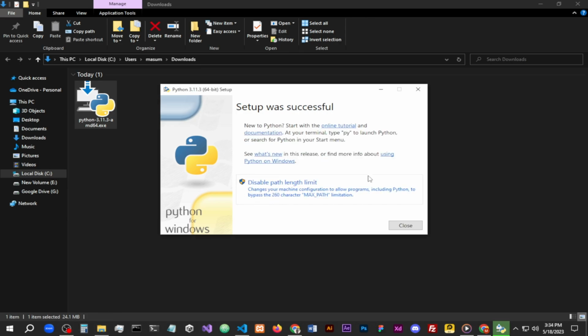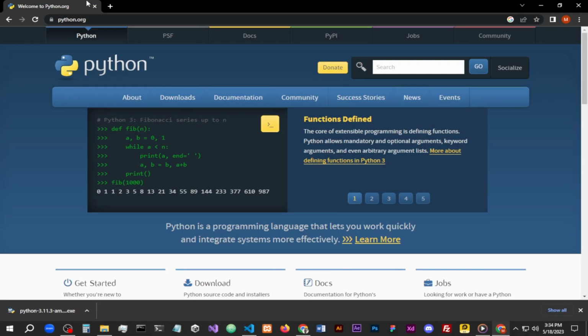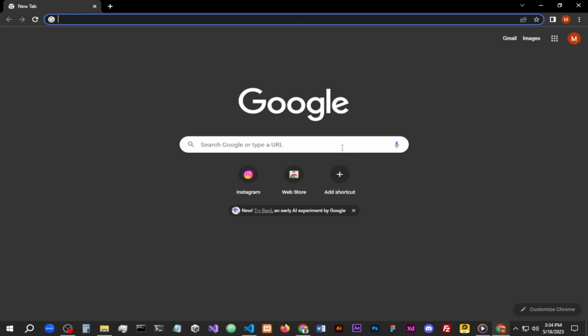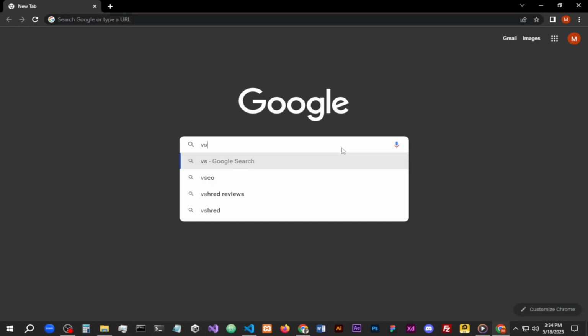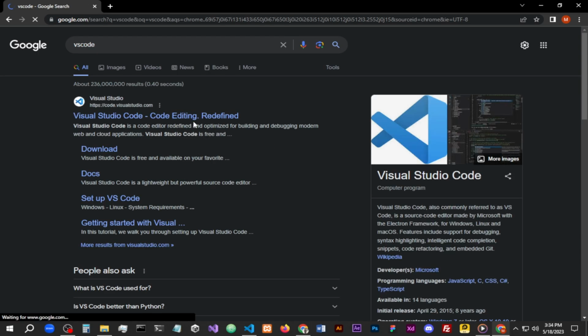Now, let's set up a code editor or an integrated development environment, IDE, to write and run Python code. There are several options available, but for beginners, I recommend using a simple text editor like Visual Studio Code, Sublime Text, or Atom. Let's go ahead and download Visual Studio Code, which is a free, lightweight, and highly extensible code